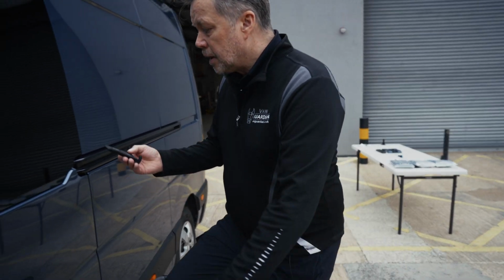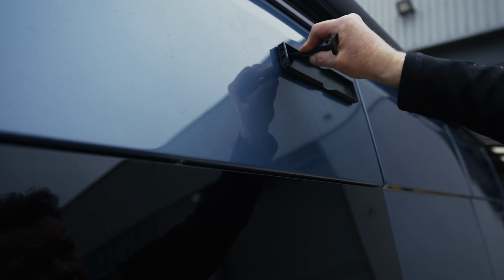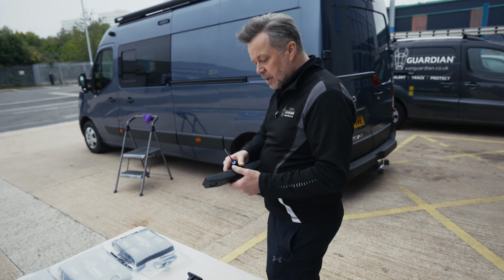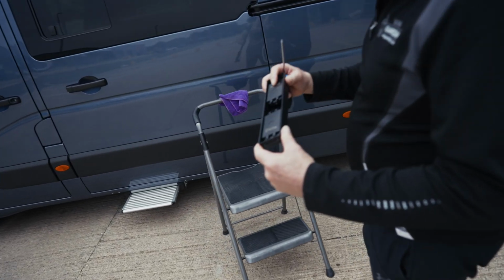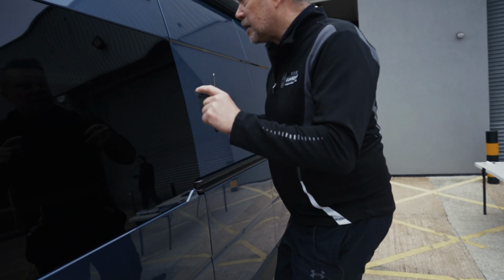Take your tool, again, holding it in your hand like this, and apply the pressure over the surface area of the base. All we're going to do now is take the cabinet, the dual alarm cabinet. We've pulled out the tabs. Always remember to pull the tabs out. I've had many an installation where the tabs have not been pulled out and you only have to take it back off the van again to take them out. So pull out the tabs,